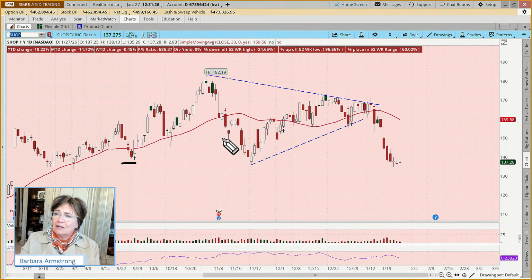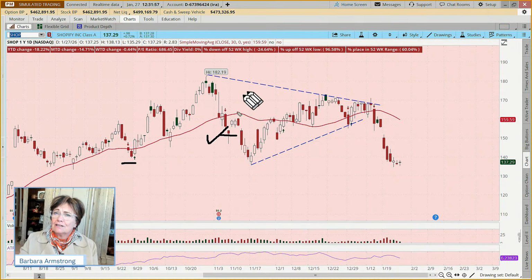Then when it came down here, if we moved our stop to say 3% below, we probably would have been out on this day. And then we would have been really annoyed the day after when it gapped up, but then it came down again. And it's been setting up this pennant pattern, and you can see these lines I've drawn here, but it recently broke out below. So we had a break of resistance here.